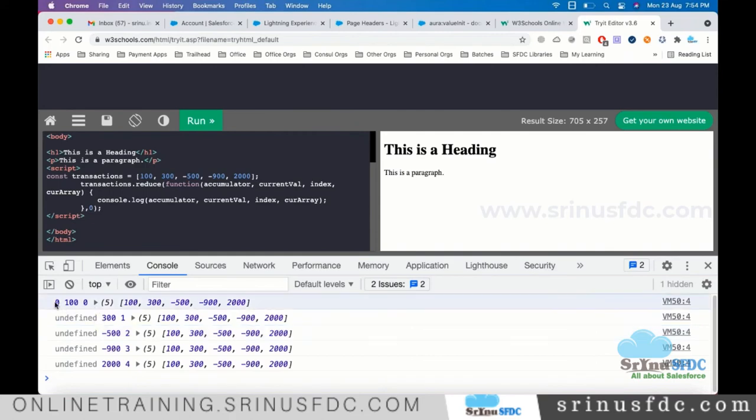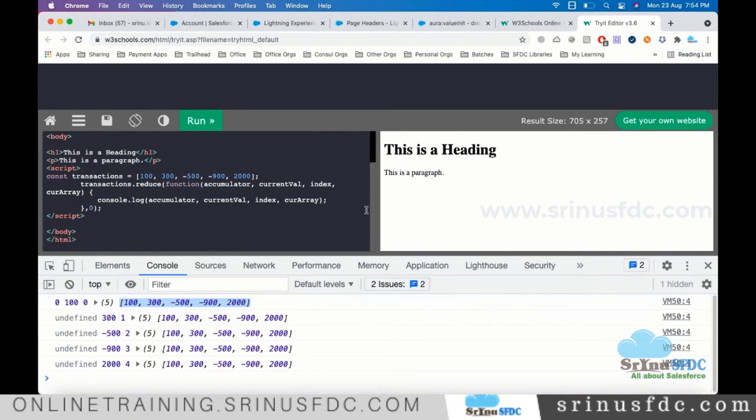This one we are setting to 0. Next time onwards, whatever we return becomes the default value, because I am not keeping any return statement, that's why it is undefined. This is the index: 0, 1, 2, 3, 4, until 5 elements, and this is the array.